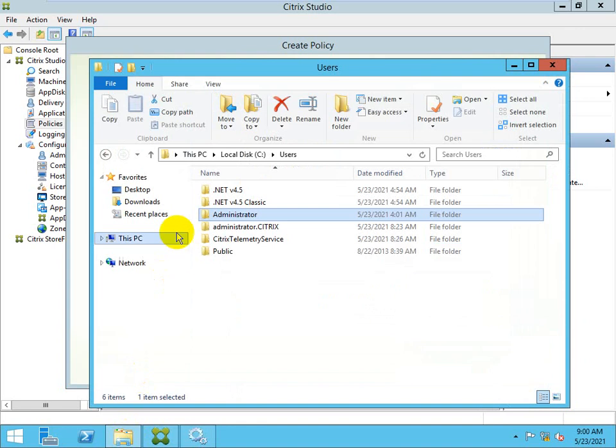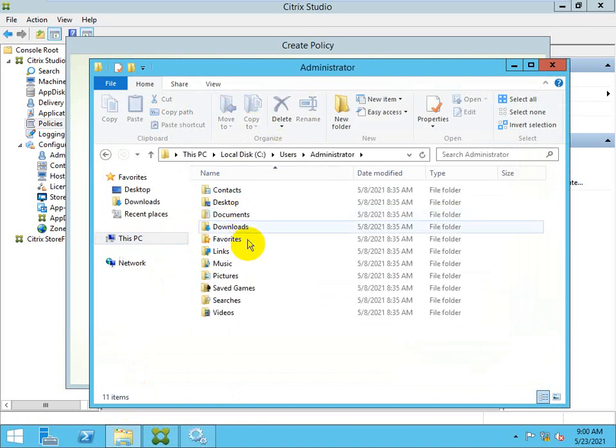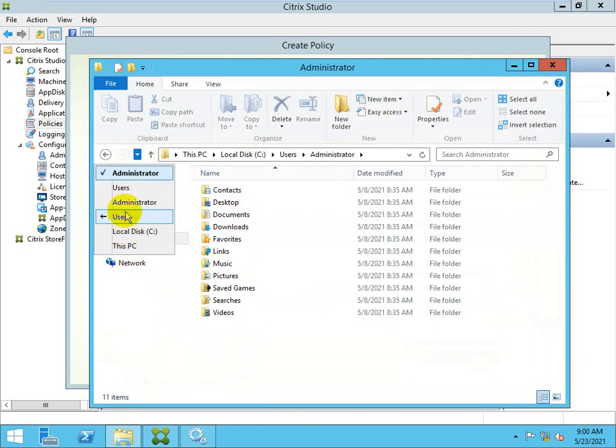Basically, once we go to any profile, like in the administrator, I will open the hidden folders.